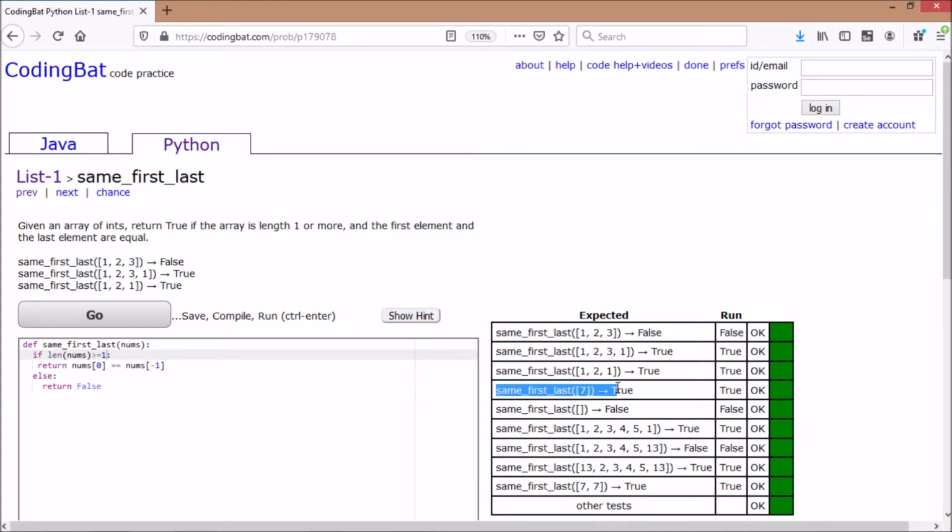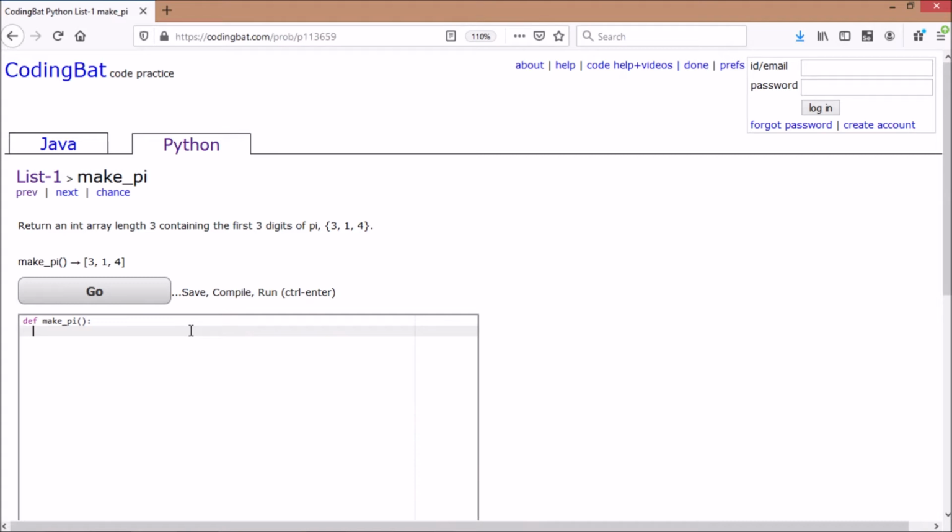The example is this 7. They have taken 7 as the only number, and this 7 as the first element in the list, and the last element in the list is also 7. So both are equal, that's why it is true. The empty list was verified with the length. Because they did not mention any length here, we have to consider this length factor as well. Okay, let's go to the next question.